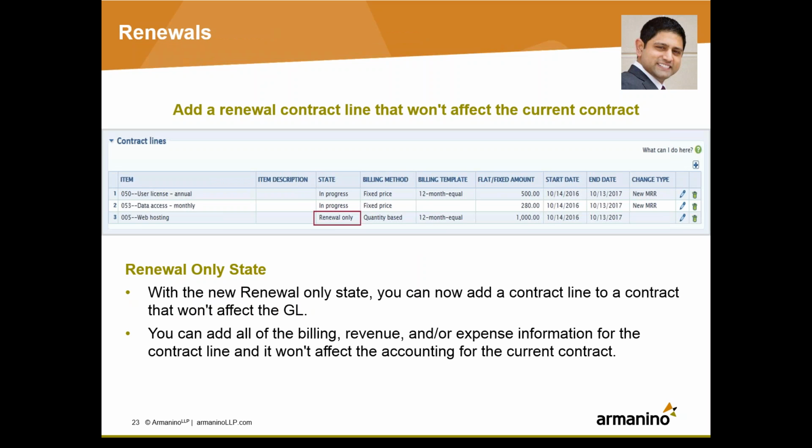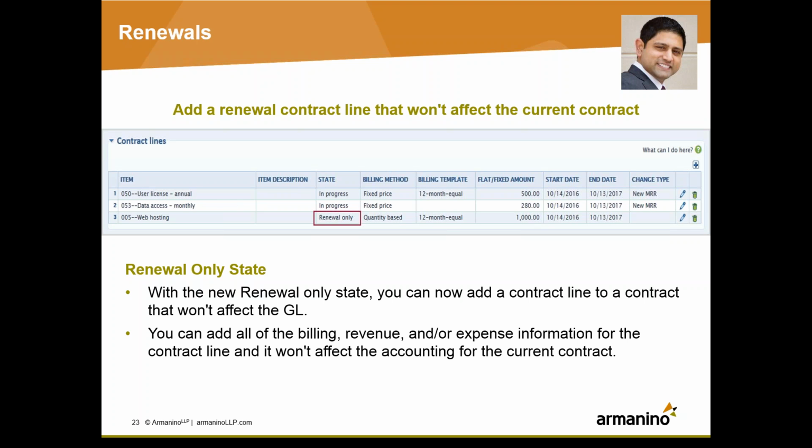The other area that was updated with respect to renewals is actually putting that into the state as a state. So you see that renewal only box that's in red. 2 of these lines are in progress. So this was originally a part of the contract. And now you have the ability to have a renewal state. And what that does, well, one, it's reportable.